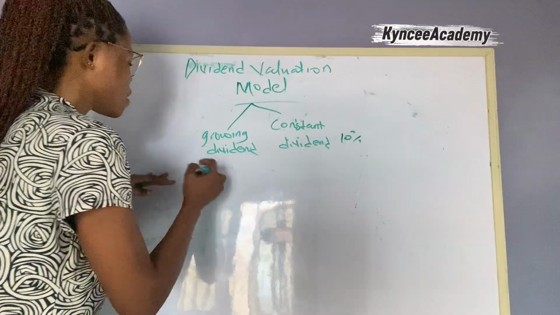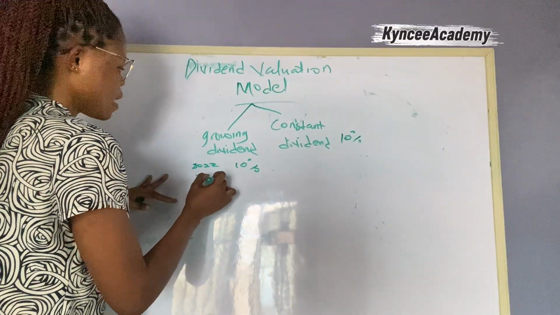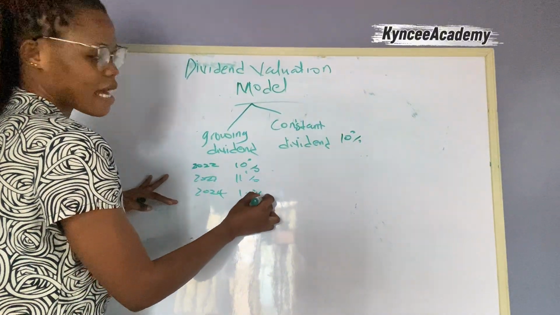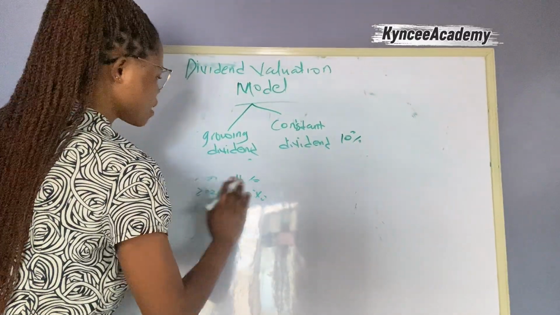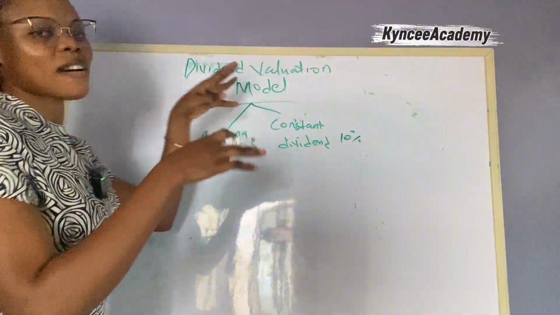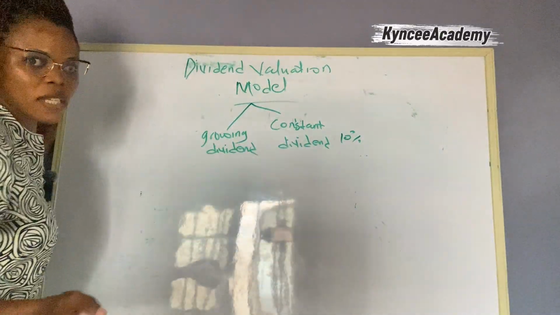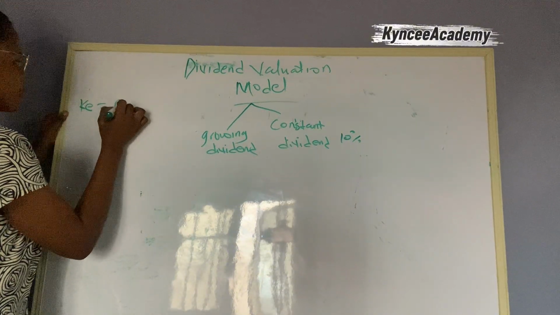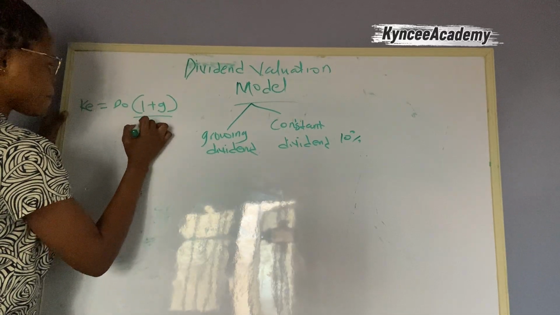But in a growing dividend, it means in 2022, they paid 10%. In 2023, they paid 11%. In 2024, they paid 12%. Just like that. That means the dividend is growing, right? So normally, when you are using the dividend valuation model, the normal formula is KE is equal to D0 bracket 1 plus G all over market